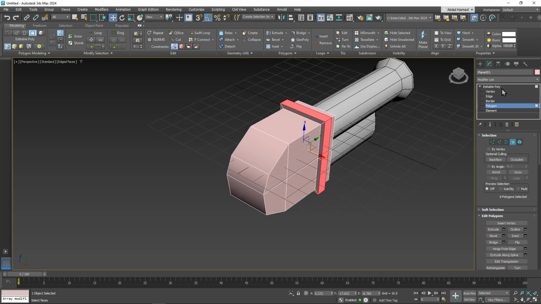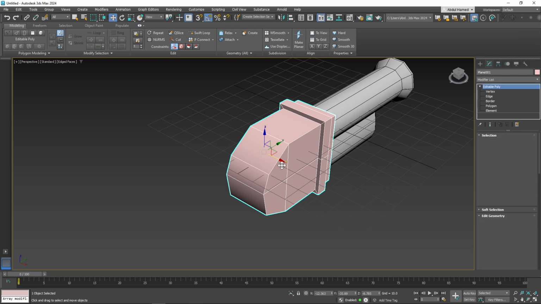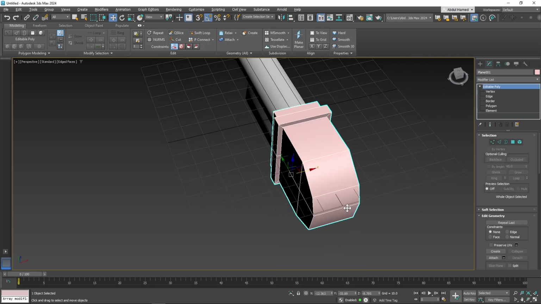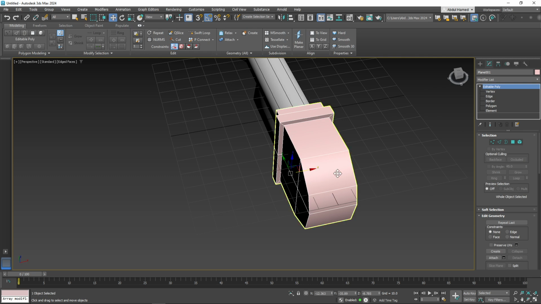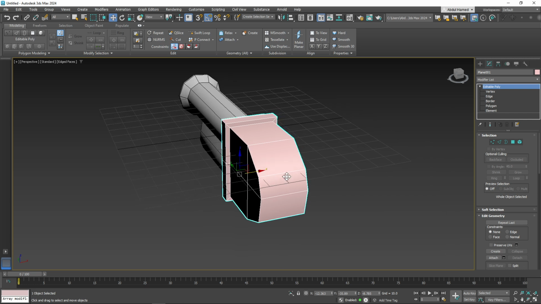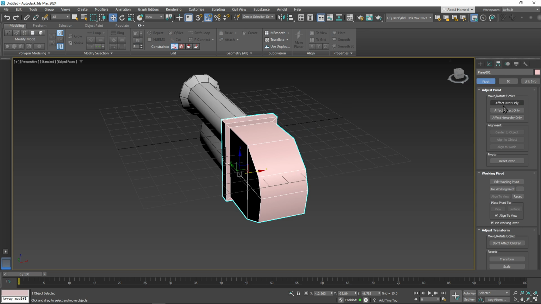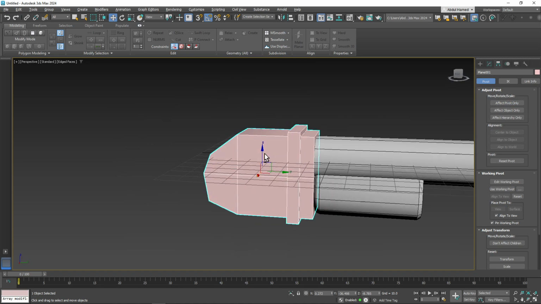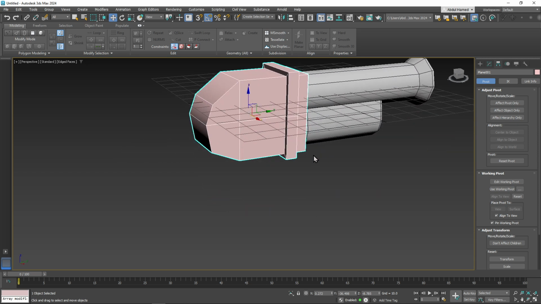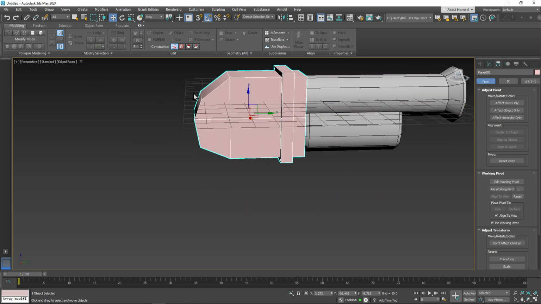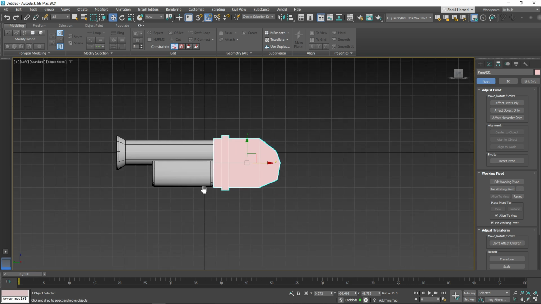Right here, before I move on, we can see the transform tool's pivot is not centered. So how do we center it? Right here in the hierarchy, we select affect pivot only, and then center to object, and then we deselect affect pivot only, and that way now it's centered. So let's switch to the left side, so you can press F,